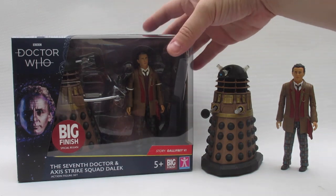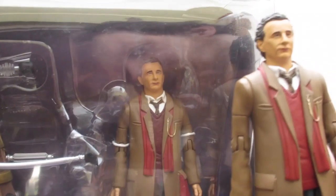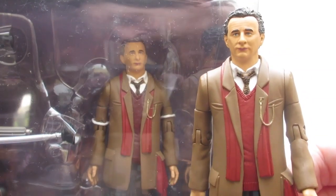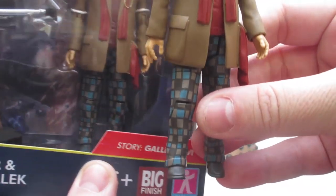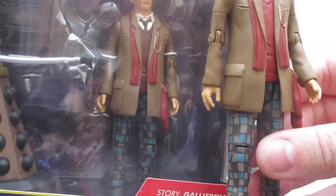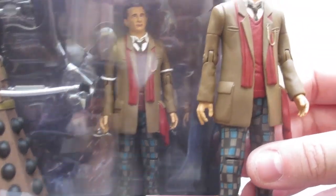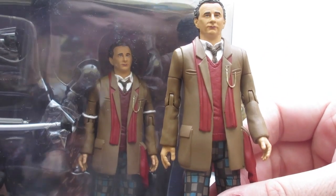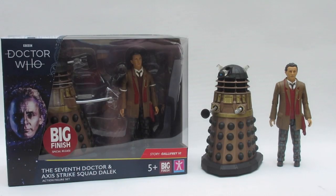The difference is actually on the 7th Doctor figure, which, if I bring it up a bit close to camera, you can see he has a darker jumper, and I originally thought he had darker trousers as well, but it actually appears that the trousers are the same. So literally, the only difference, as far as I can see, on this Big Finish 7th Doctor variant is the fact that he's got a slightly darker jumper. That's literally the only difference, and I'm not saying that as a bad mark against